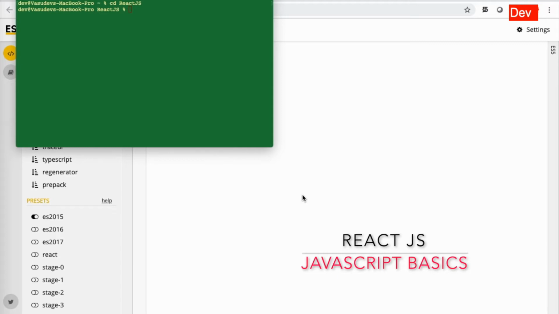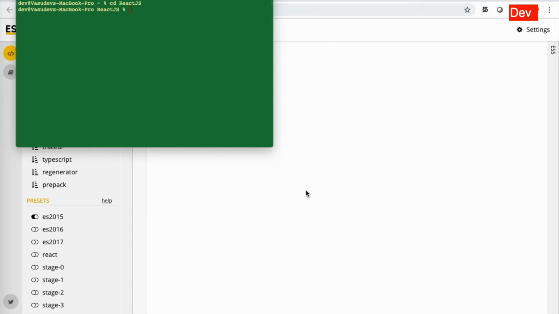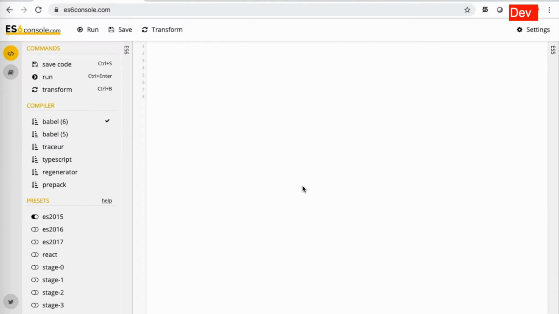I'm going to talk about a few things, like a few object types, the way we create a function, the way we create classes, and the subsequent examples we will see in JavaScript, so that will be very helpful for us to learn React.js. So for this example, I'm going to talk more on the JavaScript side, and we'll slowly get into React.js. For this example, I have picked up es6console.com, because we are going to use all ES6